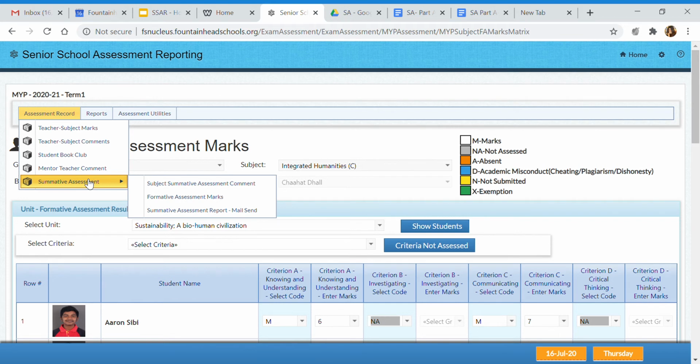And so, generally, what happens is for your own subject groups, we have already had auto generated comments. I'll just show you. So, you go to summative assessment and you go to summative assessment comment. This option you will select when you are sending summative assessment marks, and it takes a couple of seconds to load. So what happens is from the back channel, so the people who operate this SSAR system, we had already